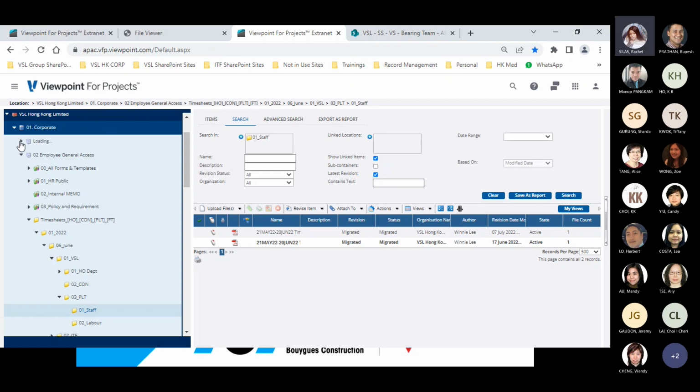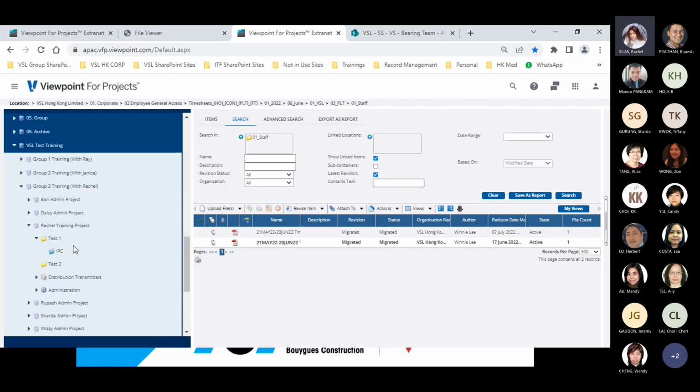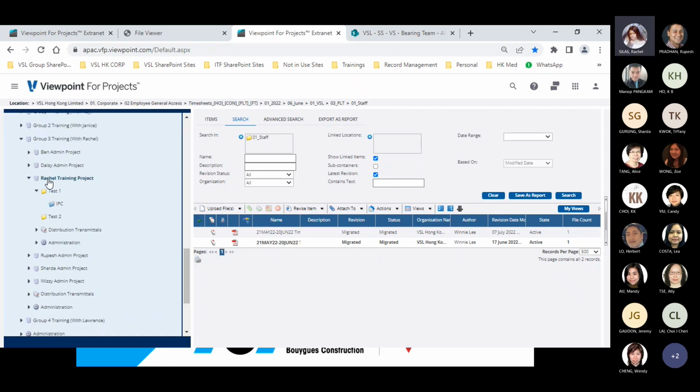So, for example, like I said, you can only create a task container using a project container. So maybe I go to my test area. If I right click, this is a project container. If I right click on this, I will see new